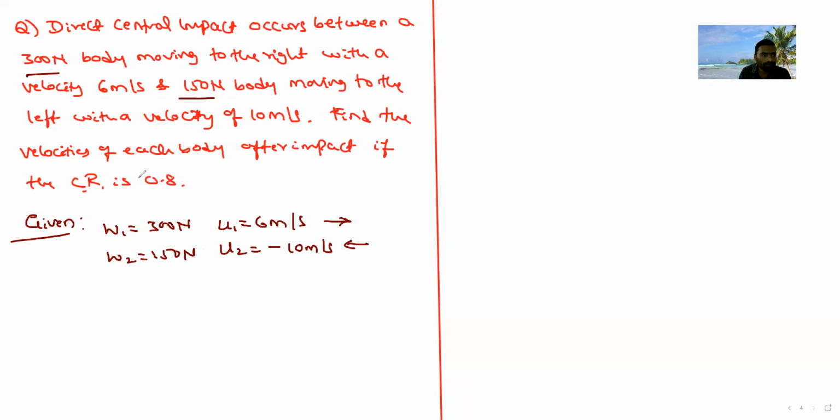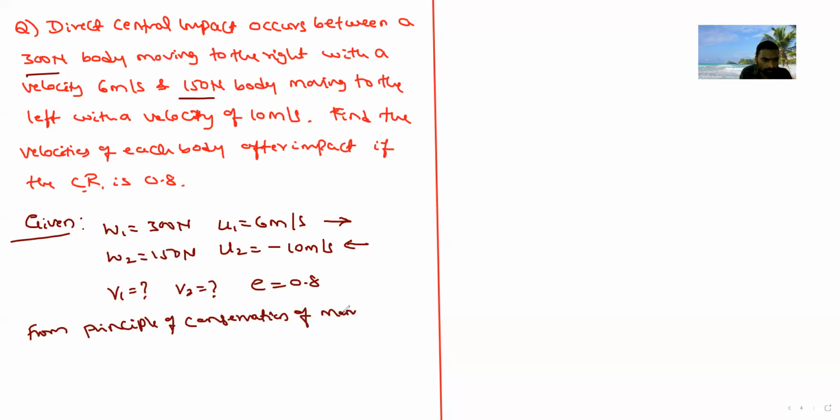Then find the velocities of each body after the impact, V1 and V2. And the coefficient of restitution is given as 0.8. So how to solve this problem? By using two equations. One is the principle of conservation of momentum and one more is the restitution definition. First, from the principle of conservation of momentum,